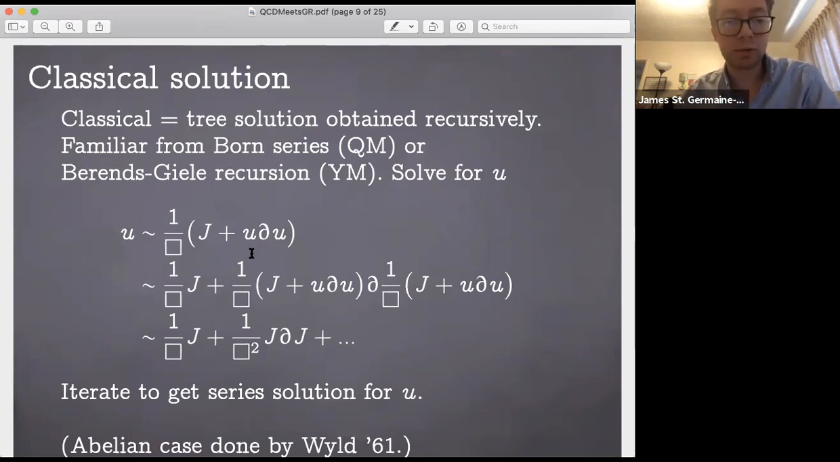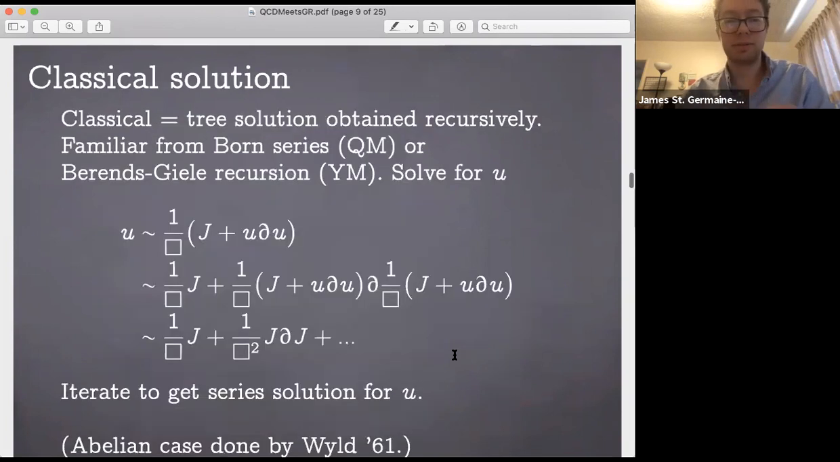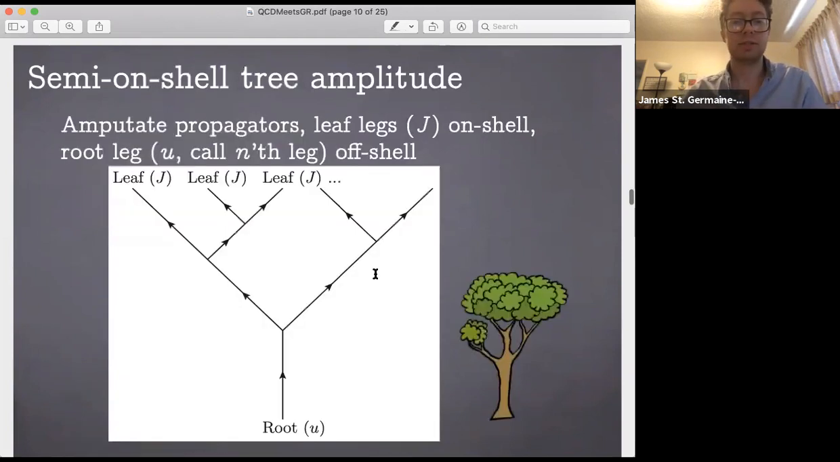For u, and now I iteratively plug back in till I obtain u, to whatever order I want, as a function of a bunch of on-shell sources. Now this was done by Wyld in the 60s for the abelian case, but of course we're going to focus on the non-abelian one. Okay, so just to make this super clear, this sort of tree picture,